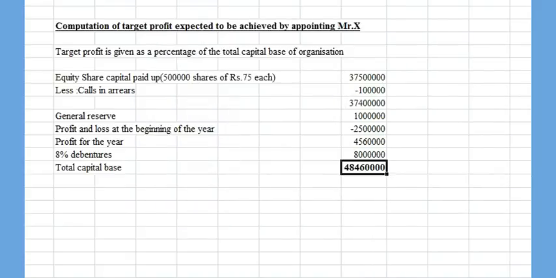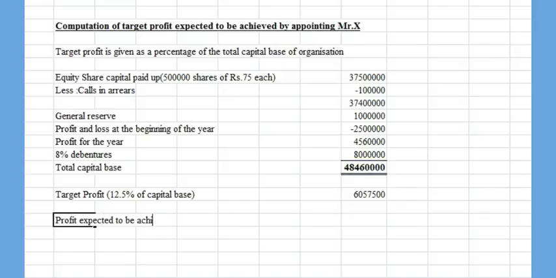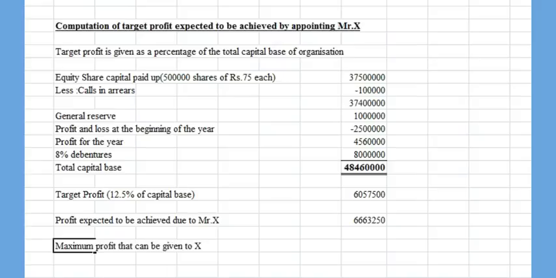Target profit will be then 12.5% of the capital base, which turns out to be 60,57,500, and the profit expected to be achieved by employing Mr. X will be 110% of the target profit, which turns out to be 66,63,250. So how much is the maximum profit that can be given to X? It is the difference between the total profit achieved by Mr. X over and above profit achieved by the company in the previous year. This is rupees 21 lakh